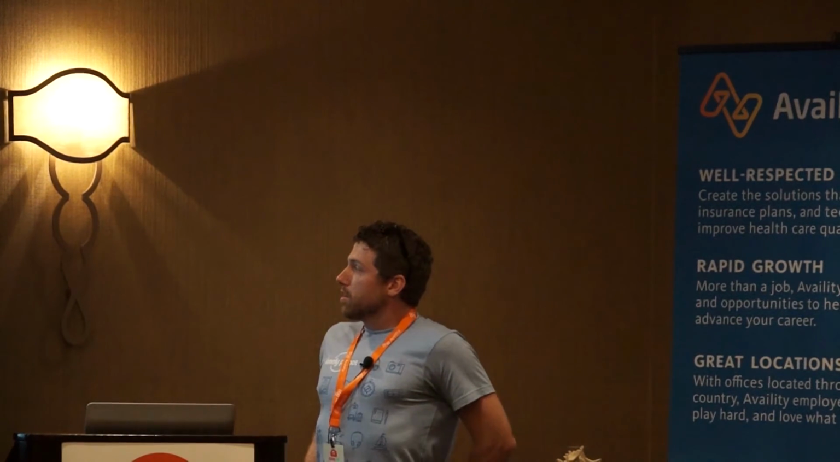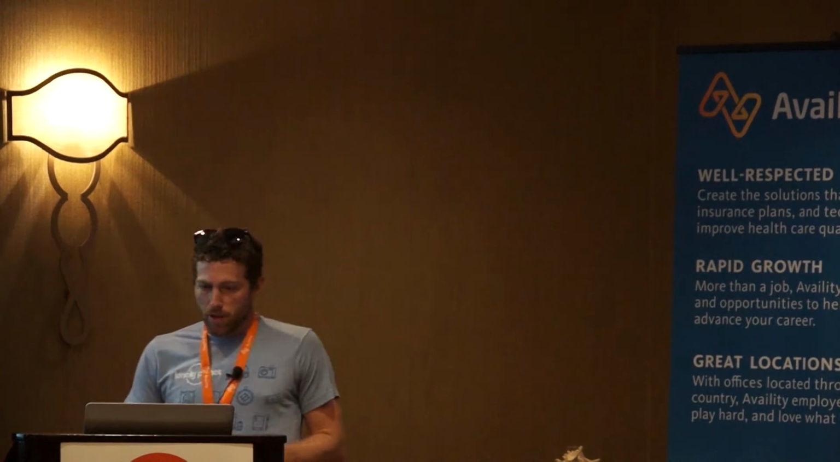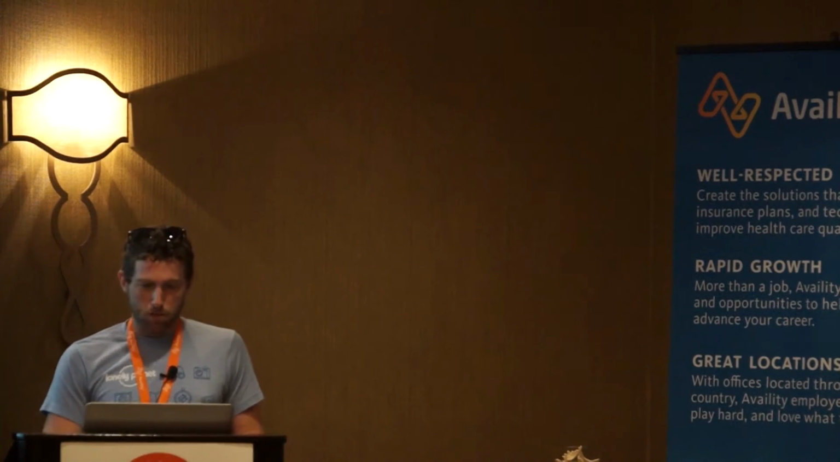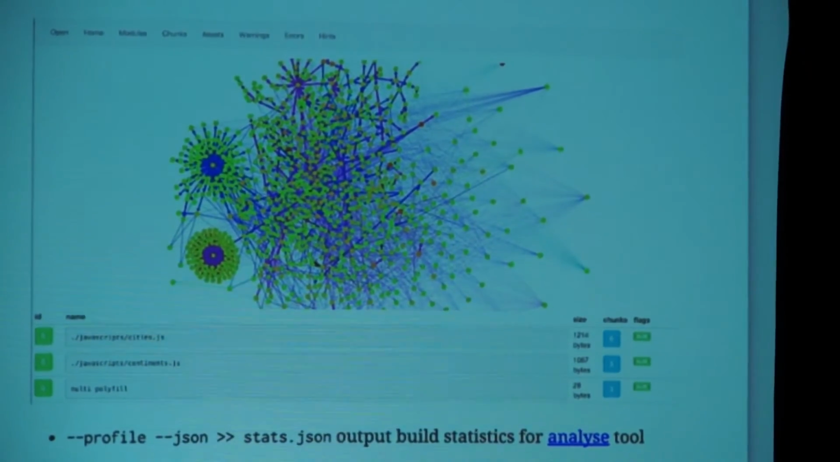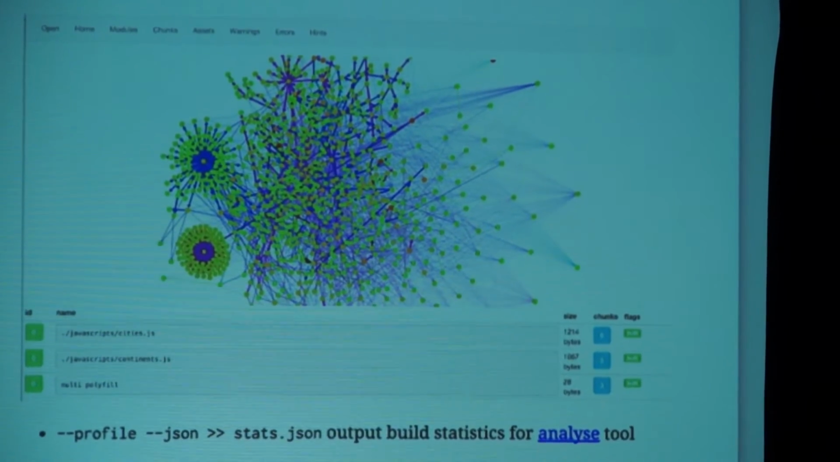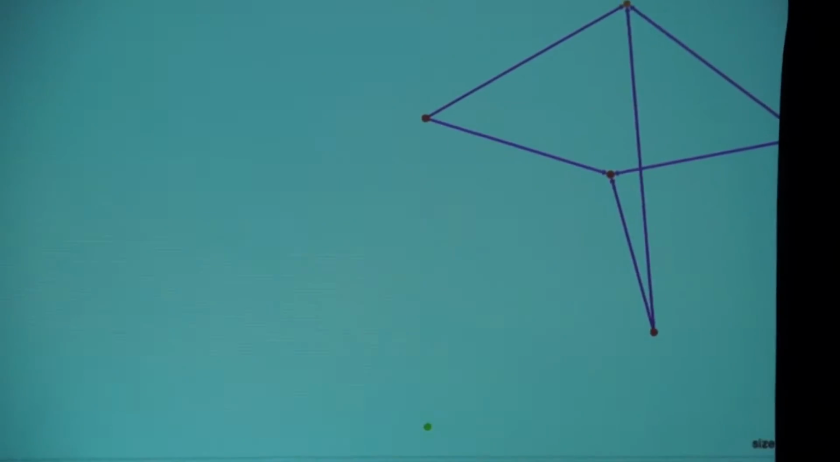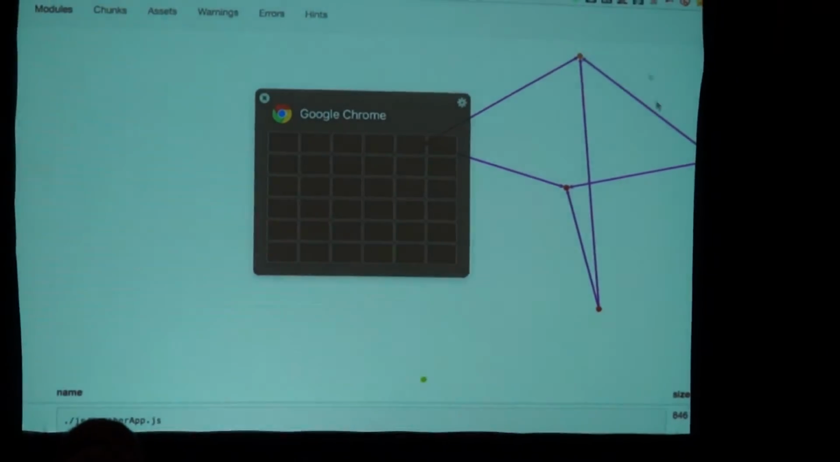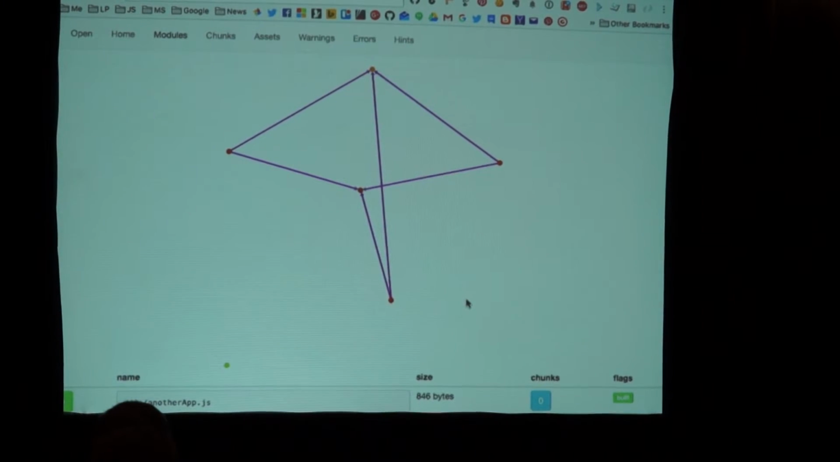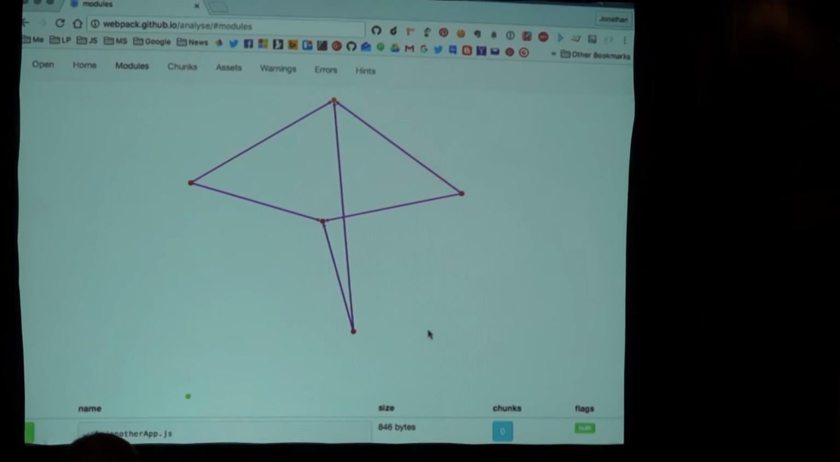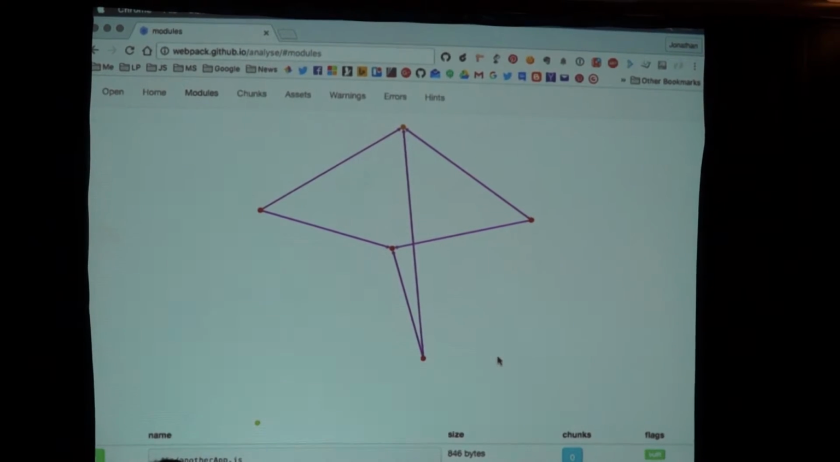One of my favorite little debugging tools in the Webpack community is called the Analyze tool. John Galloway mentioned this yesterday, but this is one of the coolest things you can do. You can run Webpack with a flag called --profile and then --json, and then